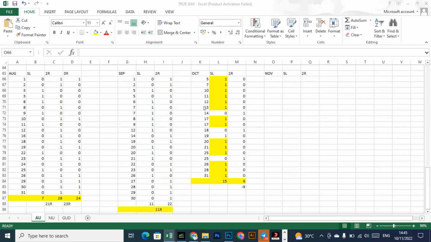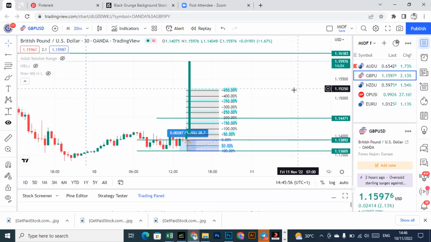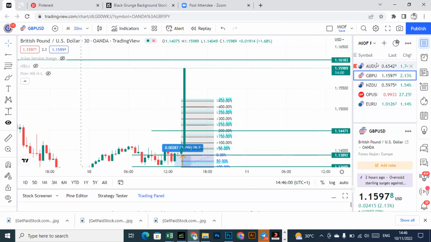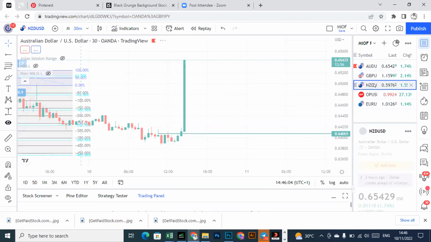Thank you, my brother. We lose gallantly. When we lose, we accept it. We don't blame the broker. We don't blame, okay, those days it was Donald Trump. We don't blame Donald Trump. Look at today, the news that happened, USD news, it went against the USD and everything is climbing up. We are not blaming anybody. We accepted the wins. So what if the news had gone against us? Why would we blame news for the losses?